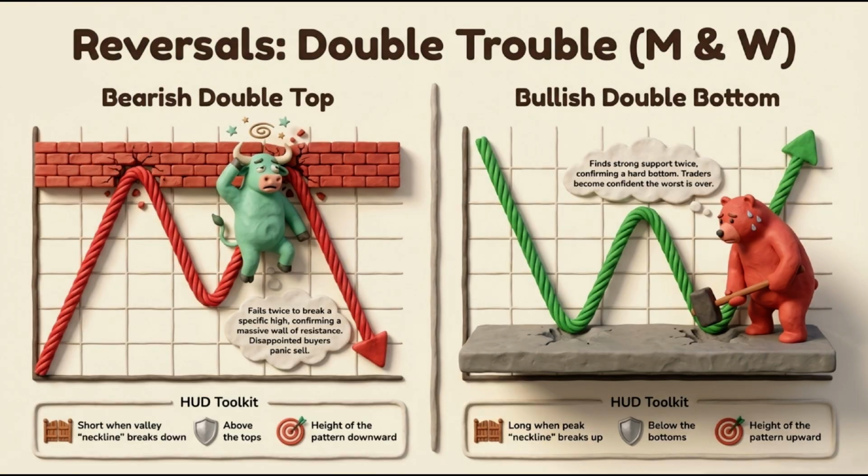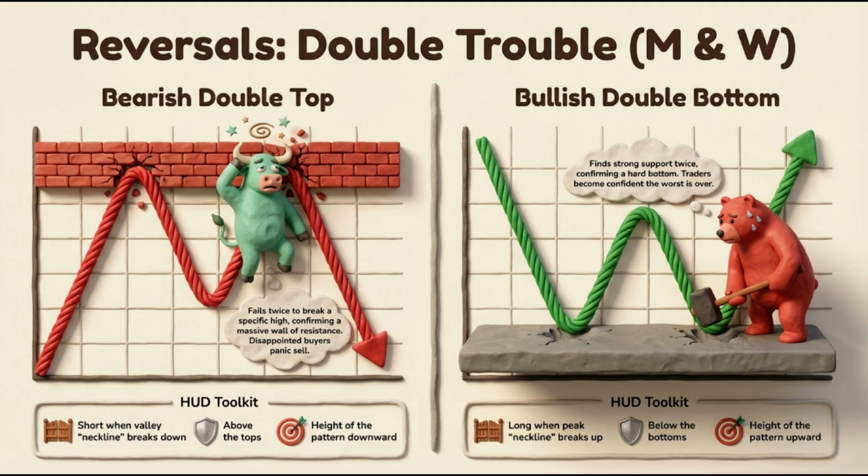Double tops and double bottoms are easy to spot because they look like the letters M and W. A bearish double top, M, happens when the price fails twice to break a specific high, confirming a massive wall of resistance that panics buyers into selling. A bullish double bottom, W, finds strong support twice, confirming a hard bottom and making traders confident that the worst